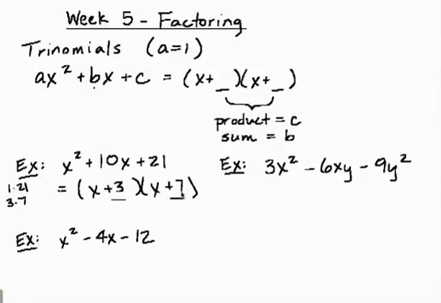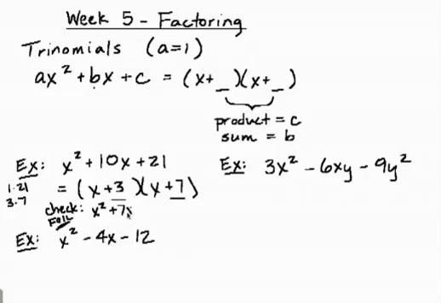3 times 7 is 21. 3 plus 7 is 10. So we factored this example into x plus 3, x plus 7, and that's your final answer. It's a good thing to check your work. To check your work, you can use FOIL, first, outside, inside, last, and hopefully you should get the original trinomial